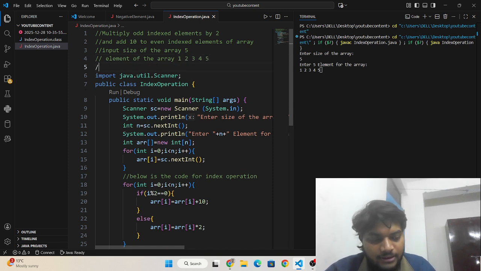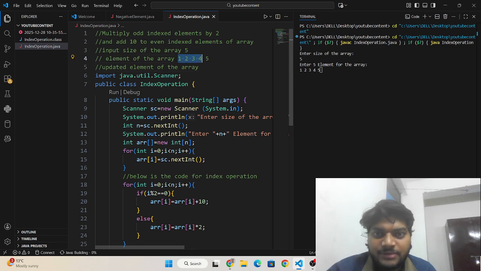And here is the updated element of the array. Okay, so the updated elements are